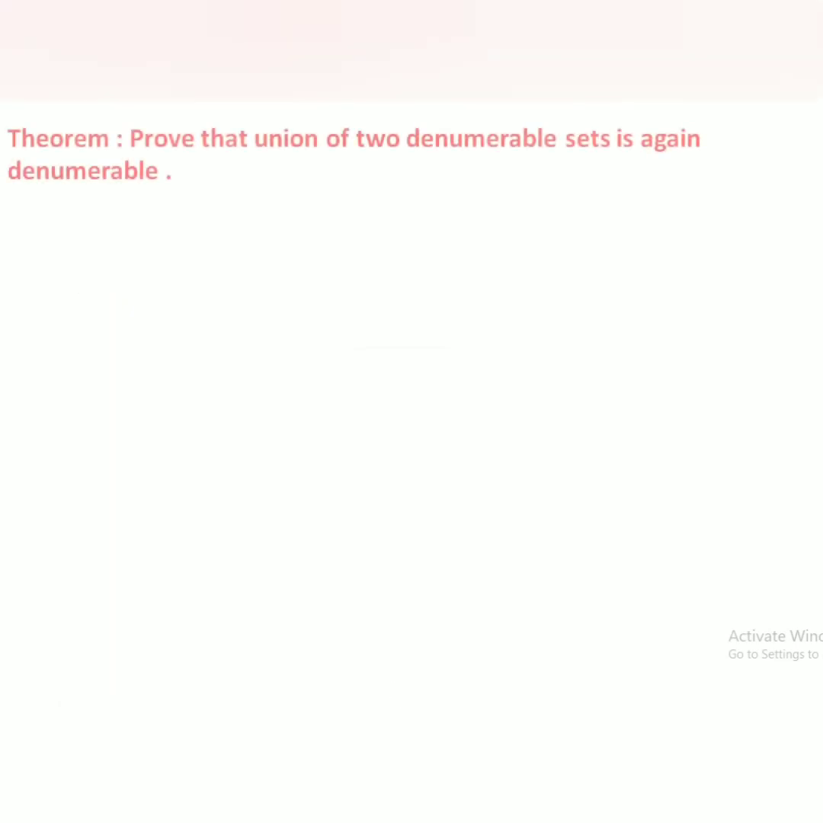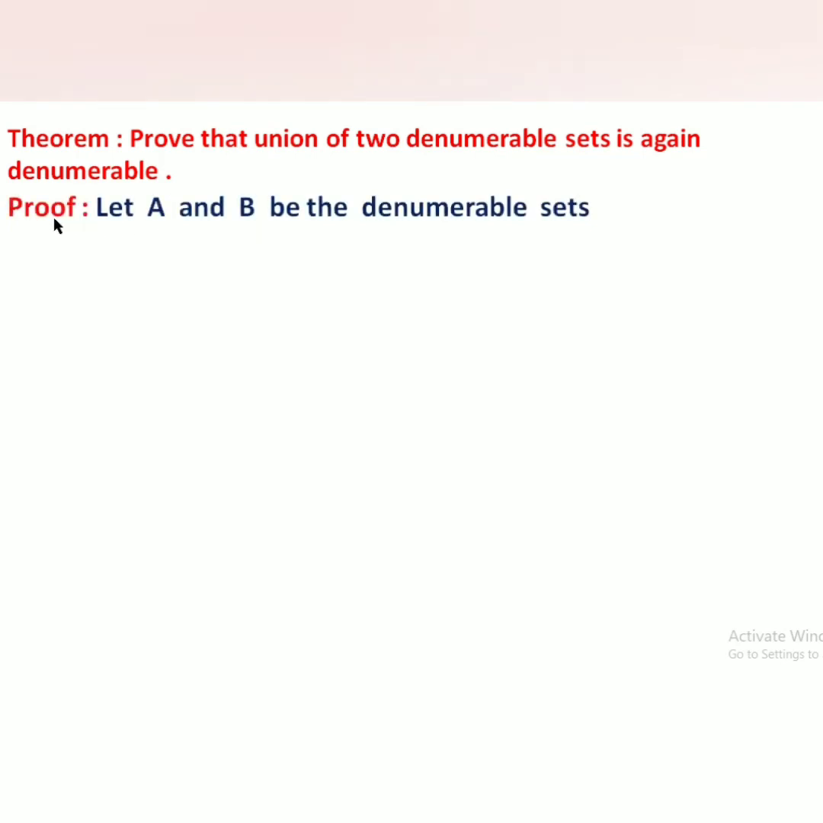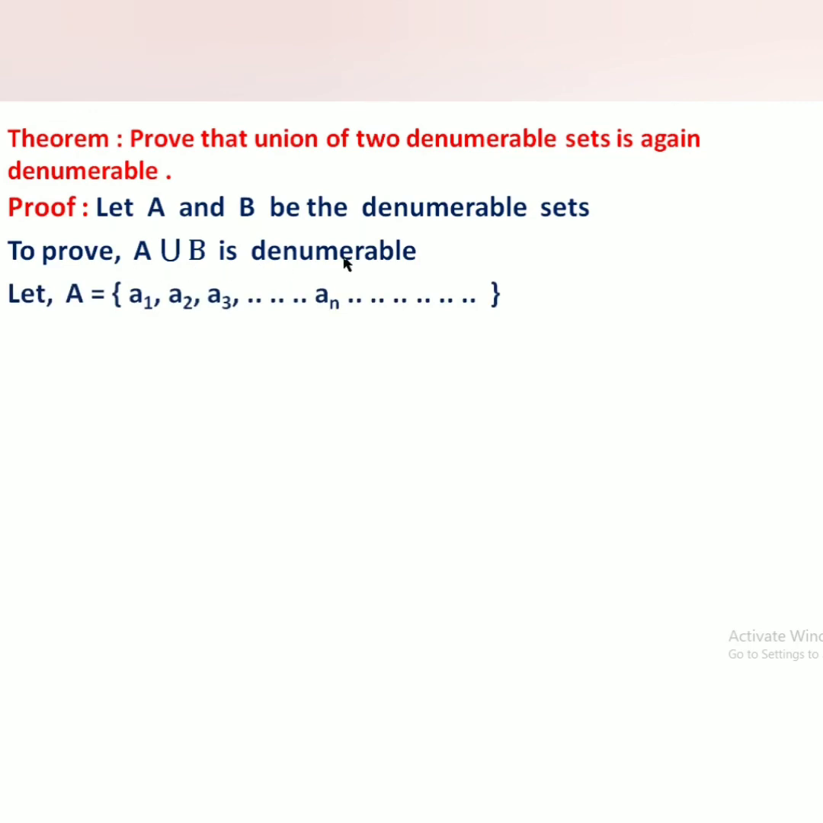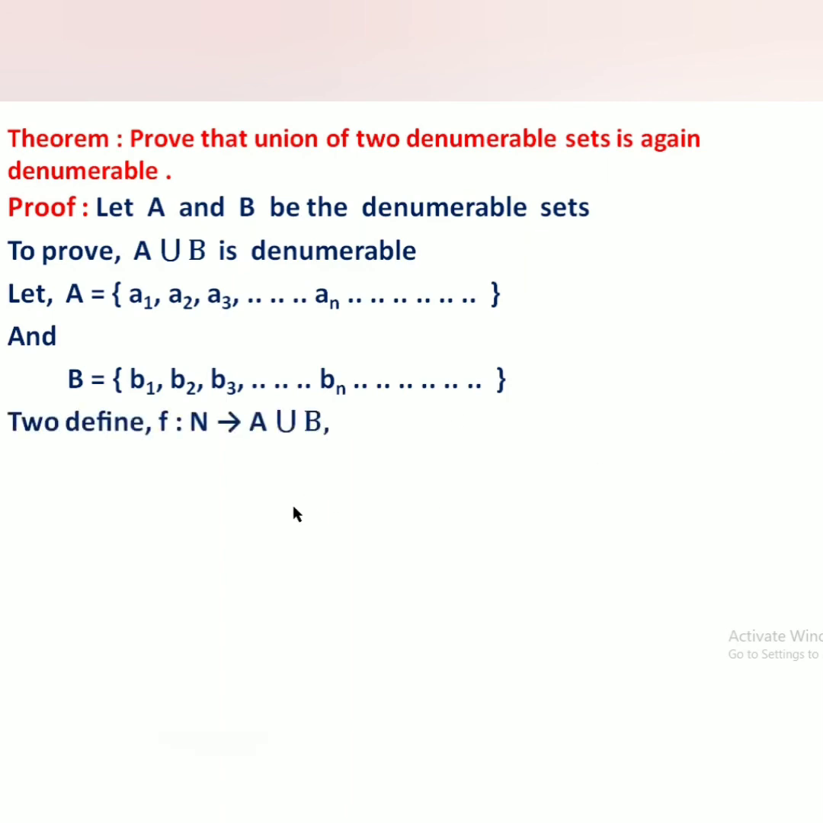Next to go for the proof of another theorem: prove that the union of two denumerable sets is again denumerable. Consider the proof. Let A and B be denumerable sets. Our idea is to prove that A union B is also denumerable. A is denumerable means it contains an infinite set. Let A equal to A1, A2, A3, An and so on. And again B is denumerable, so I will consider that B equal to B1, B2, B3 and Bn and so on. Now define F from N to A union B by F of n is equal